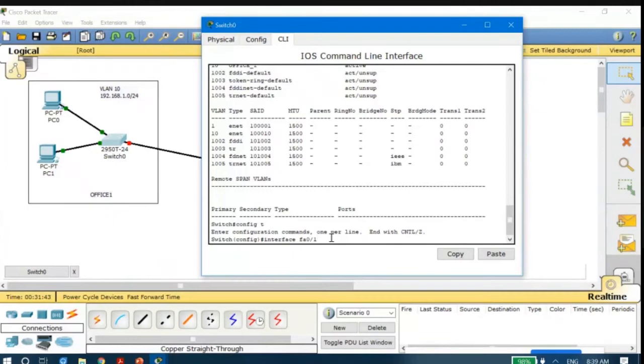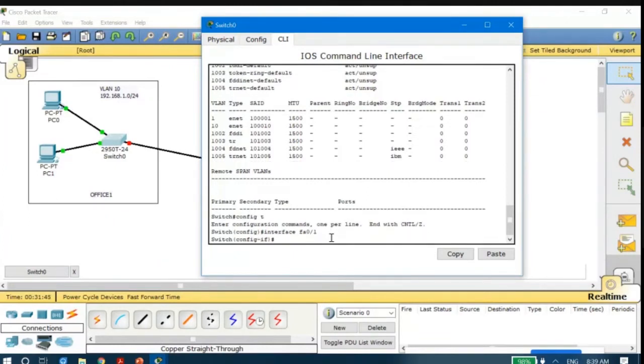If you type this much, the particular port is selected. And then you have to give it access to that VLAN 10, so I will type switchport access VLAN 10.